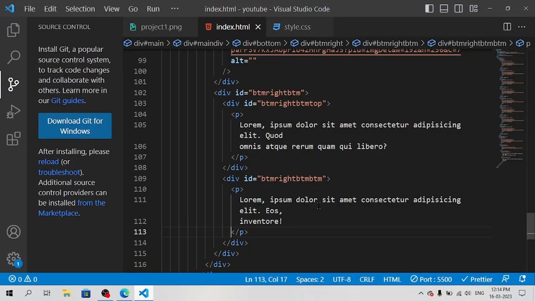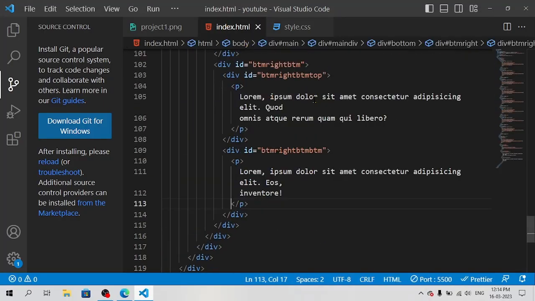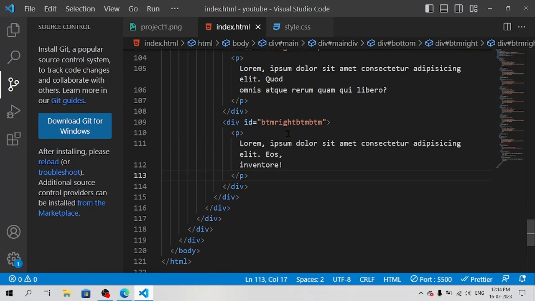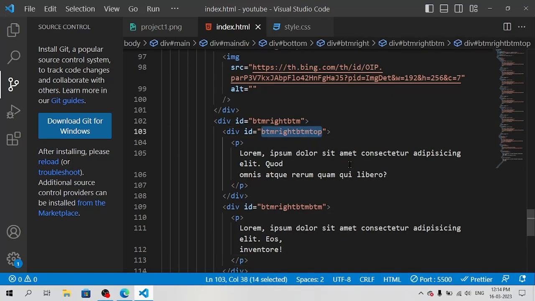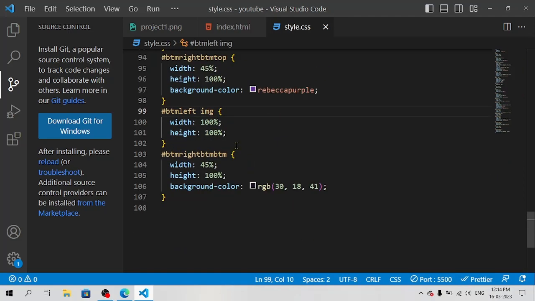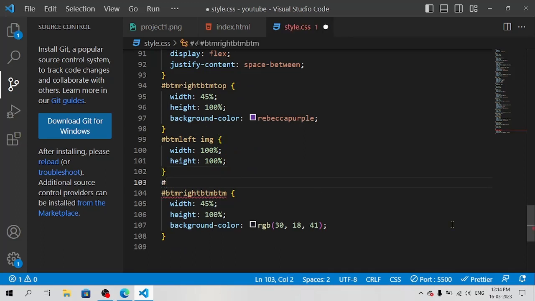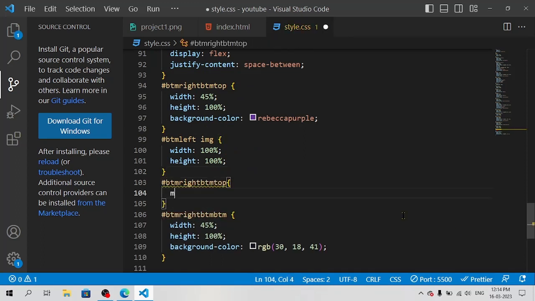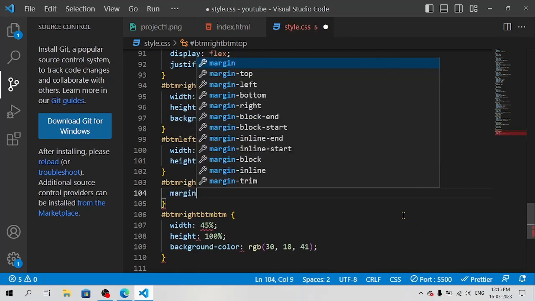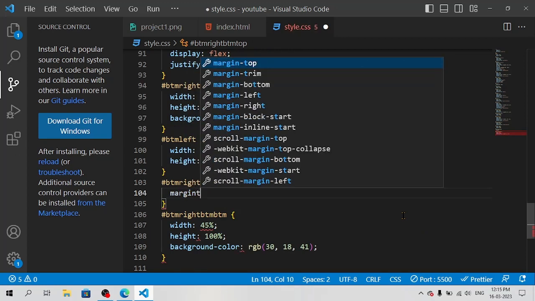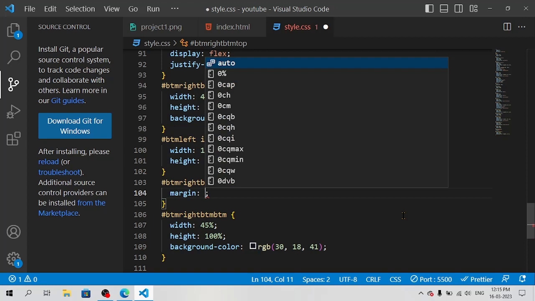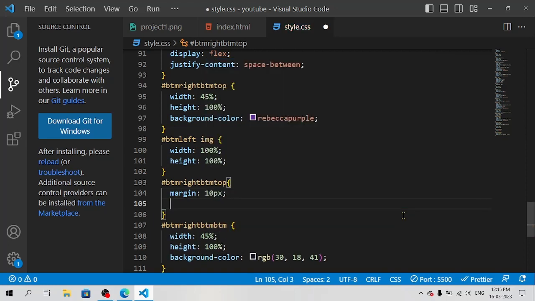So we need to fix it a bit more. We'll put some margin so that the text is in the center of the div. So we'll copy the name of this div so that we don't make a mistake, right? And here we are putting p, and we will put margin, not from the top, just margin 10 pixels. Let's see, and we want to put the color white. And similarly in this one